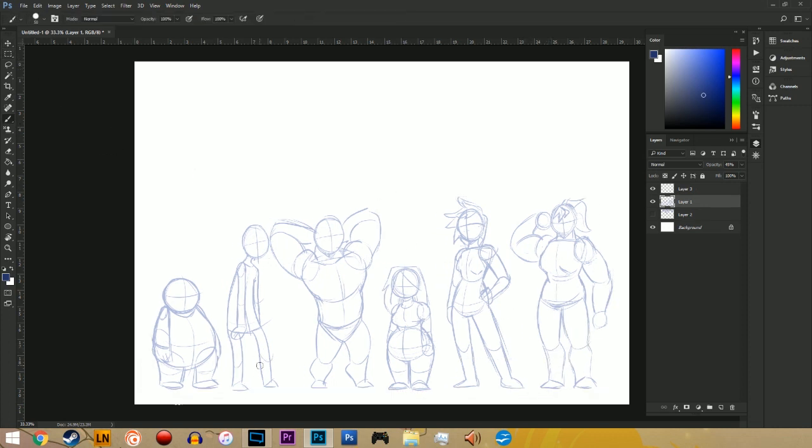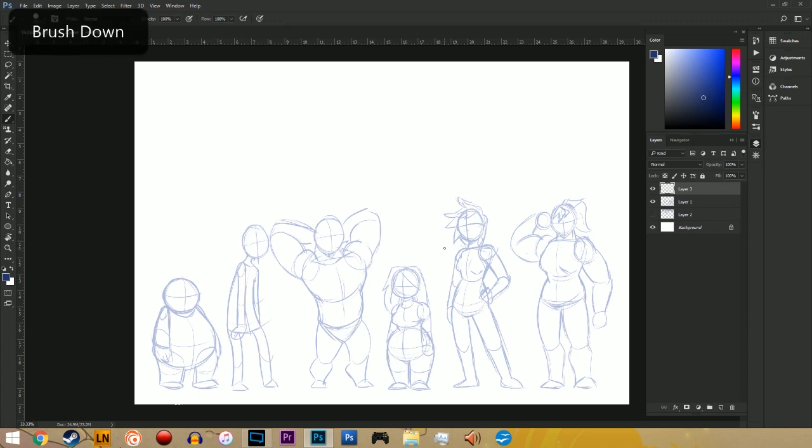Obviously I've gone ahead and done a wide range. I've done the most typical ones you'd expect, like short, round, tall, lanky, big, muscular for both genders. So let's get round to actually reconstructing these.